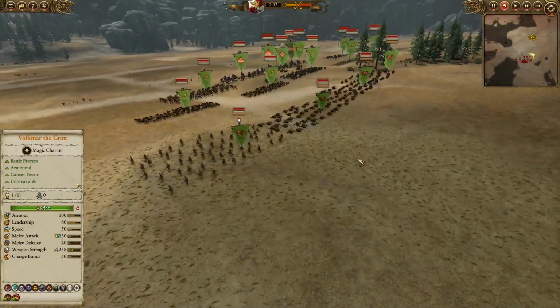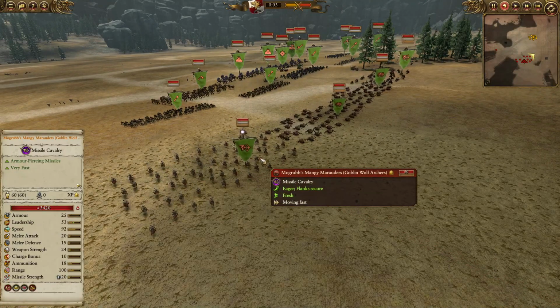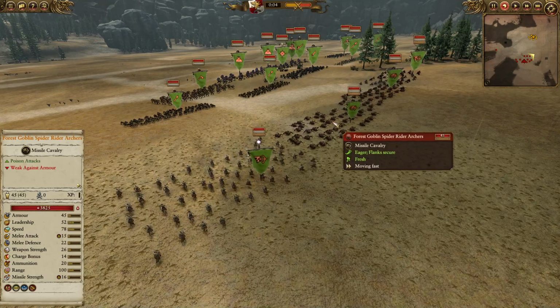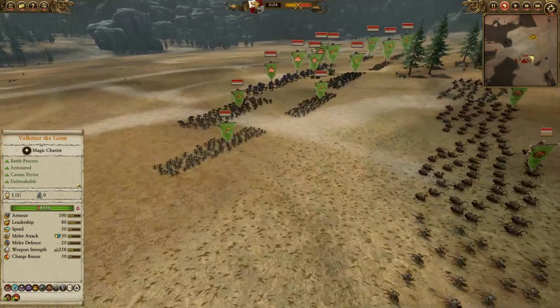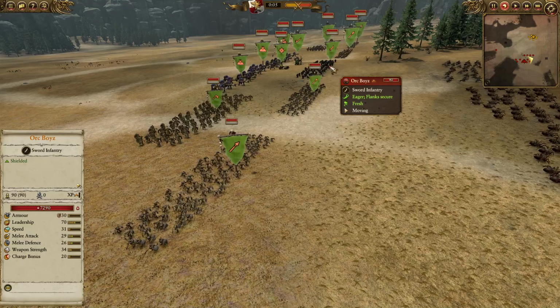So for the front line of the Greenskins, we are going to see 4 units of Skirmish Cavalry, one here being the Morgob's Marauders for that very nice armor piercing, the double poison here from the Forest Goblin Spider Rider Archers, and the normal archery here from the Goblin Wolf Riders. 5 units of cheap infantry in the front with 4 units of goblins and a single unit of orc boys,